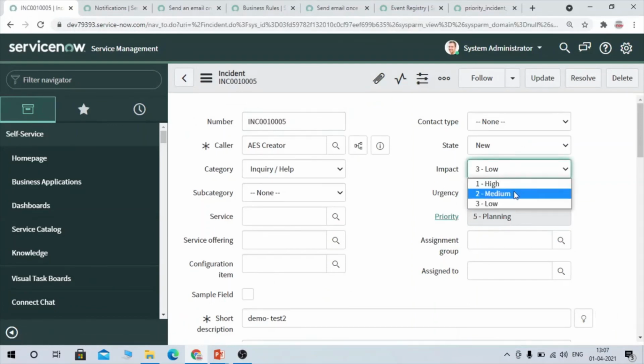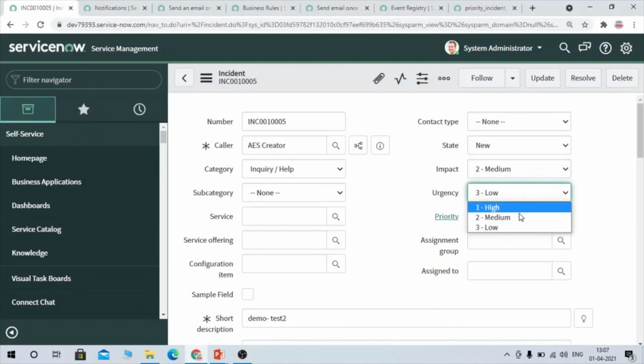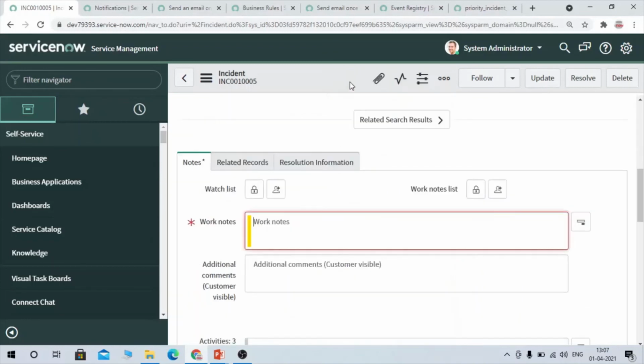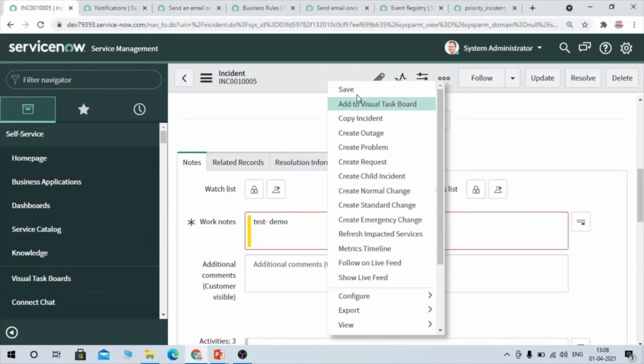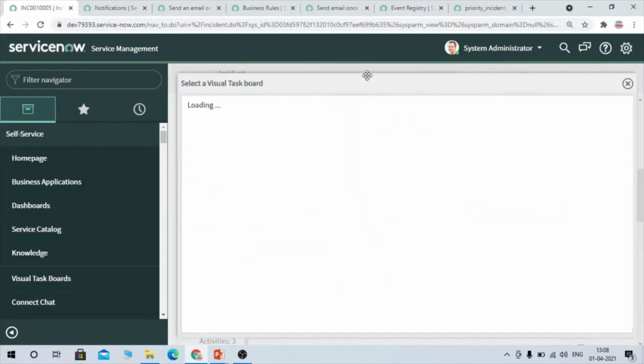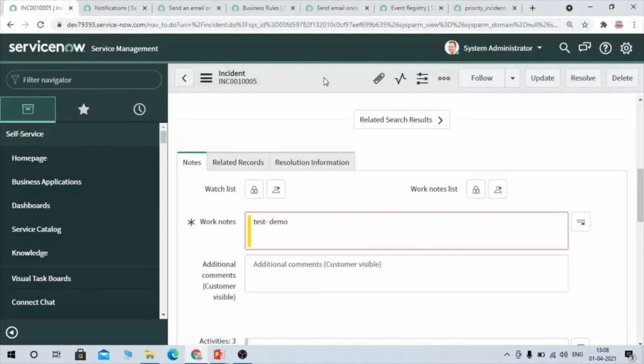Now we are going to change it to 3, which is moderate, and we are going to update it. For the work note, we have to provide some. So we have to update it. Sorry.